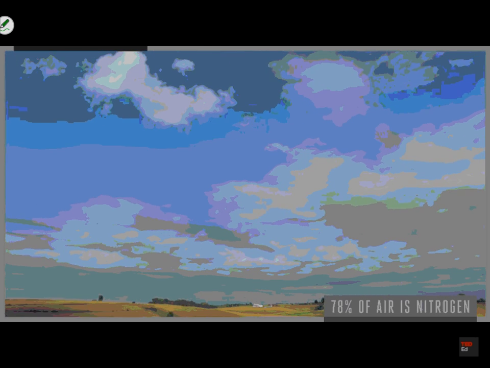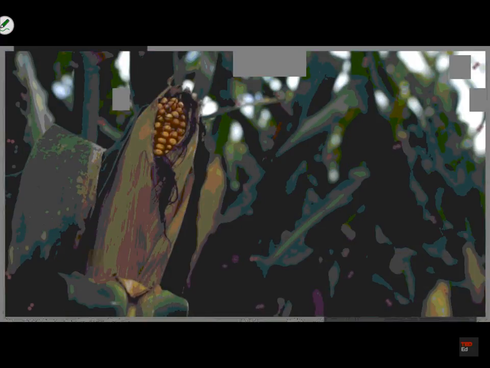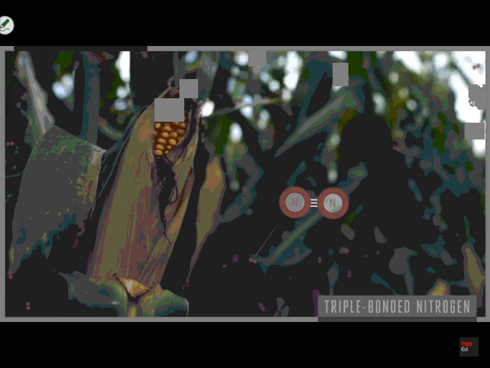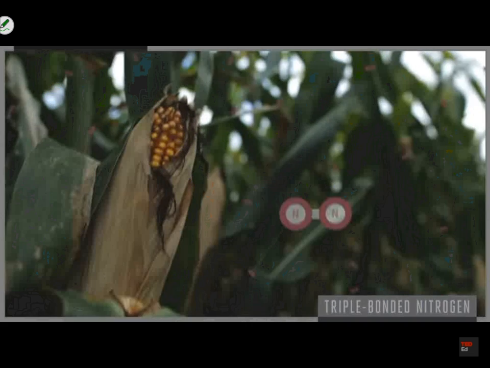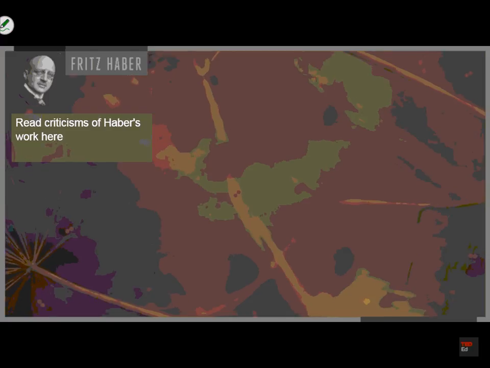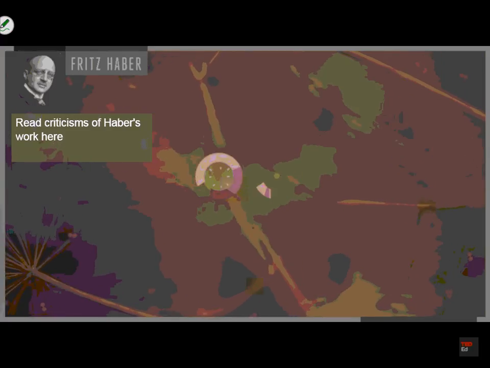Now, here's the frustrating part. 78% of the air is composed of nitrogen. But crops can't just take nitrogen from the air because it contains very strong triple bonds, which crops cannot break. What Haber did, basically, was figure out a way to take this nitrogen in the air and put it into the ground. In 1908, the German chemist Fritz Haber developed a chemical method for utilizing the vast supply of nitrogen